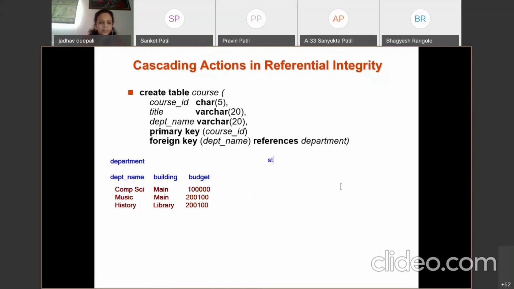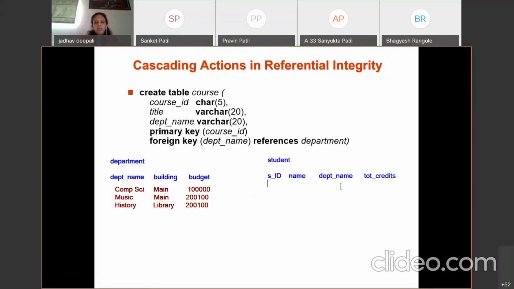Student. What are the attributes of the student relation? SID, then name of the student, department, and then total credits.